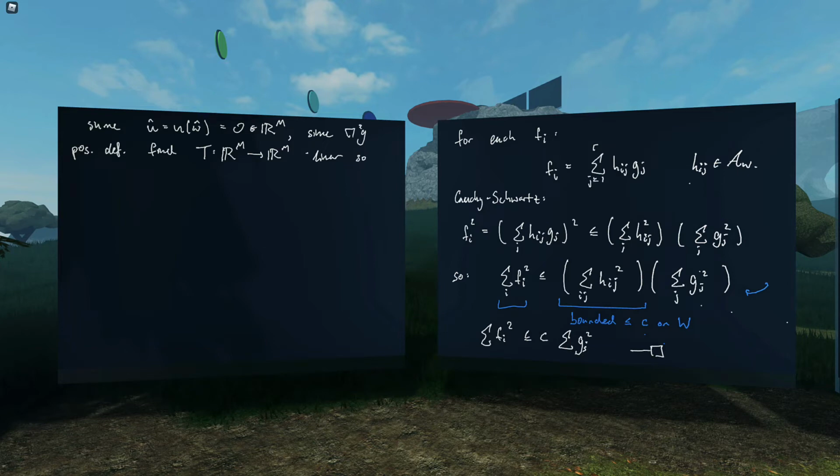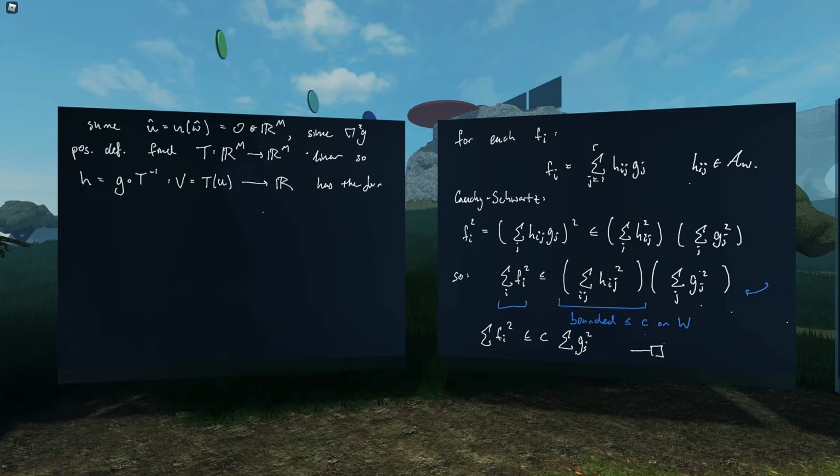So H, which we'll define to be G composed with the inverse of T, from V equal to TU to R,